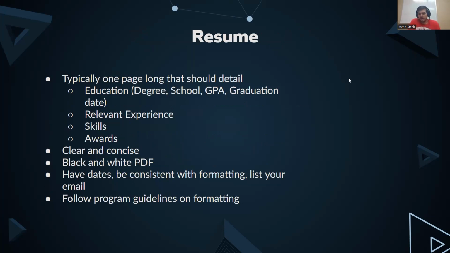Okay, resumes. Some programs may also require a resume, and even if they don't, it's always good to have one, especially if you're going to be applying for jobs. They are typically short, about a page, and they should be very, very specific. They're going to detail your education, right? Probably going to include your degree, your school, your GPA, and what date you graduated, any relevant experience you have to the job, any skills you have related to the job, as well as any awards you received while in college or in another position. They need to be very clear. They need to be very concise. Like I said, they're usually